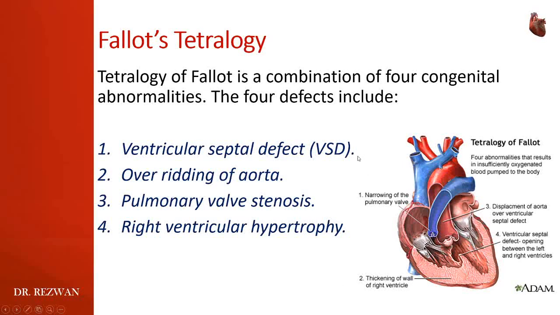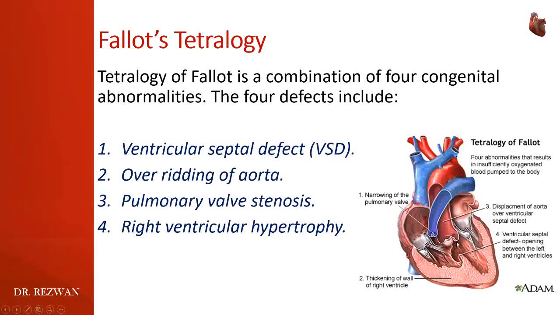Initially there will be the ventricular septal defect that we have discussed earlier, and we can see this is the ventricular septal defect. We know that this septum is partitioning the two openings, the aorta and the pulmonary trunk. The pulmonary trunk is supposed to be on the right side, and the aorta is supposed to be on the left side of the ventricle.